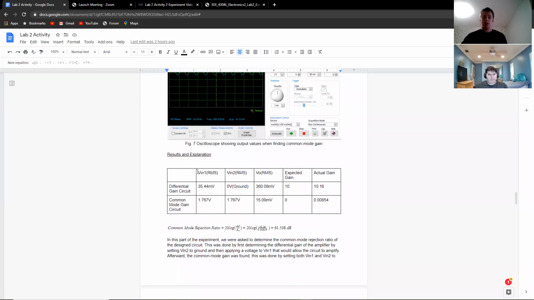Here is our data table, where the differential gain circuit has this as the input voltage for VN1, 0 volts for VN2, and this is our output for Vout. This was expected to get a gain of 10, and we got an actual gain of 10.16. As for our common mode gain circuit, VN1 and VN2 had the same voltage, 1.76 volts RMS, and a voltage out of 15.09 millivolts. Our expected gain was 0, and our actual gain was